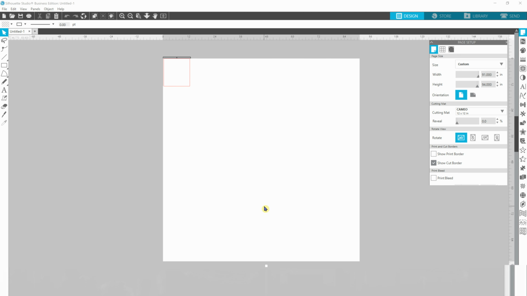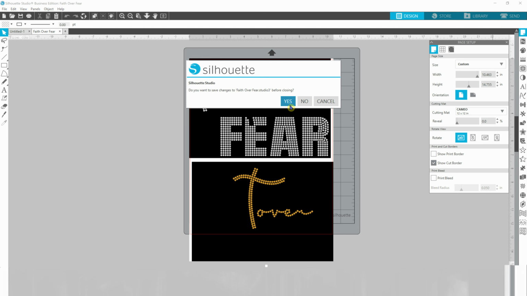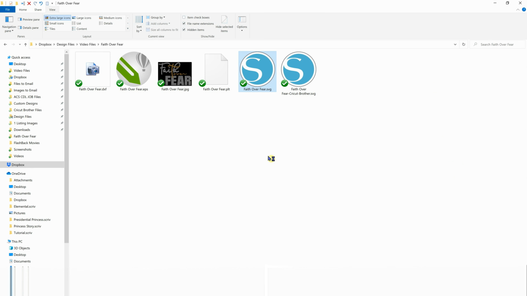I haven't tested out CorelDRAW, but out of the 4 programs that I'm going to show you today, Silhouette's the only one that's going to launch and actually bring in the file into the program. Okay, so this worked just fine, and we can X out of this. Select no. So see, if I go back to this file and I select on this SVG file,